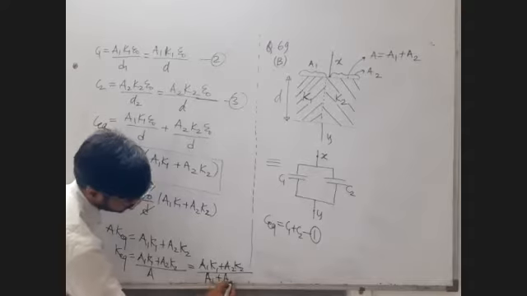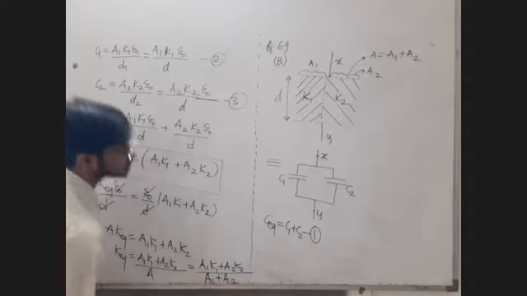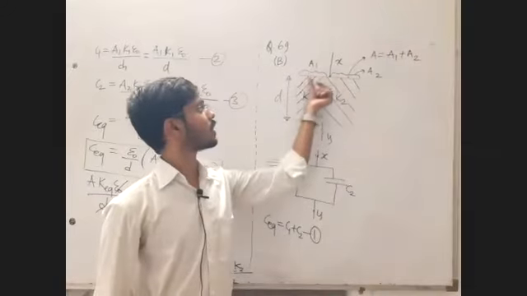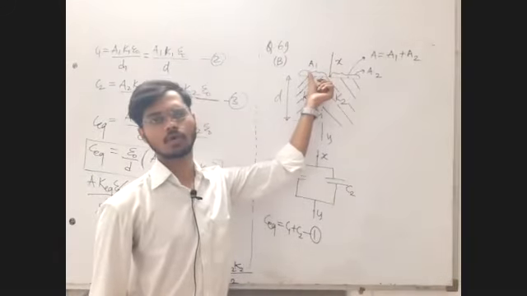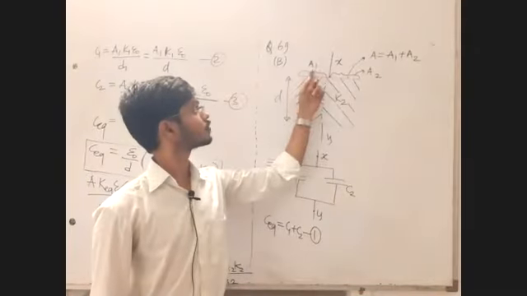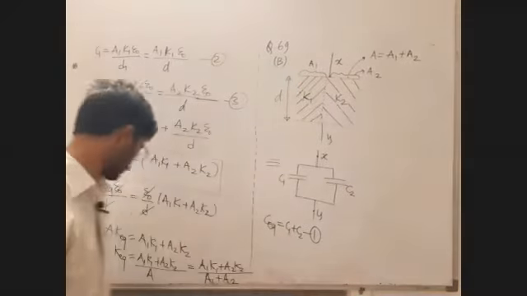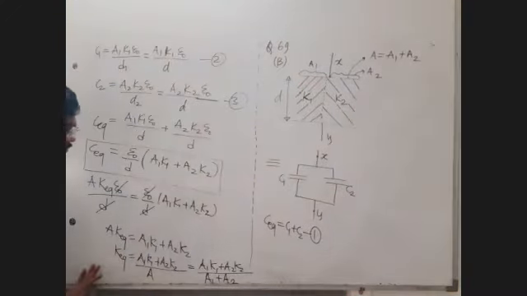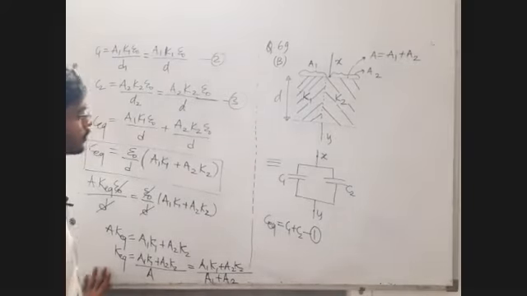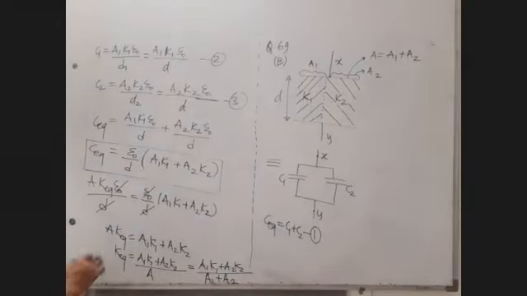But while using this formula, try to be careful because sometimes these areas are not given equal. Sometimes they are half and half, 1/3 and 2/3, or 1/4 and 3/4. So accordingly we have to check the situation and then we have to use the formula. Okay, up to this reply me in the chat box, clear and written.